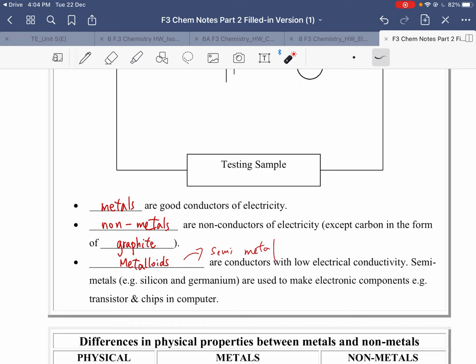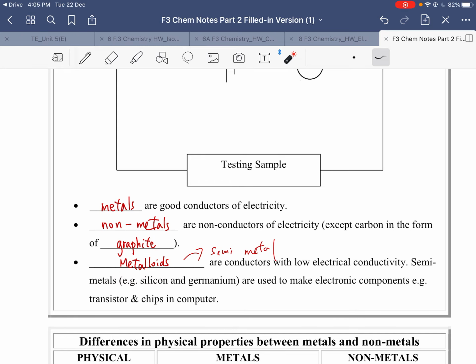Metals, good conductors of electricity. Non-metals, non-conductors. Guys, you need to remember the exceptional case, graphite. Graphite is the only non-metal that you know that conducts electricity. And you know that graphite is actually carbon. 石墨其實係碳嚟嘅，石墨係唯一一個導電嘅非金屬。